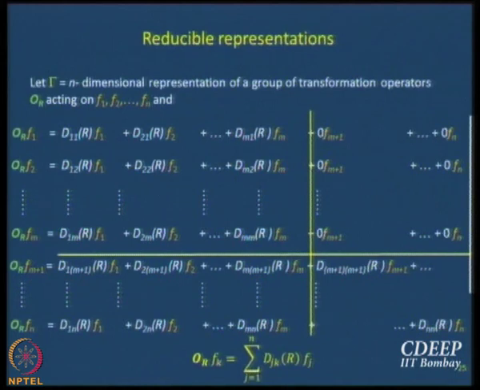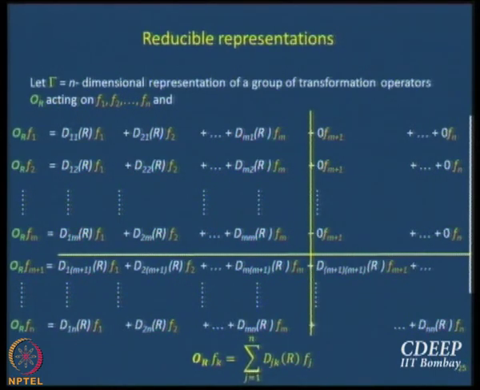Now, this is an equation that we are very familiar with: ORFK equals the sum over j of Djk R Fj. And we know that the way these coefficients are arranged is really a transpose of the way they are arranged in the matrices, because we are working on the functions, the basis. So, this is D11, D12, D1m. Should they go down a column or along a row? It should be along a row, that is what I am saying.